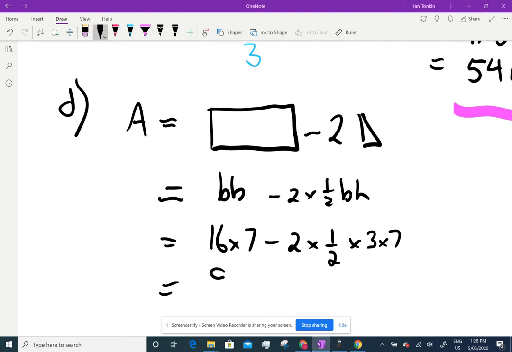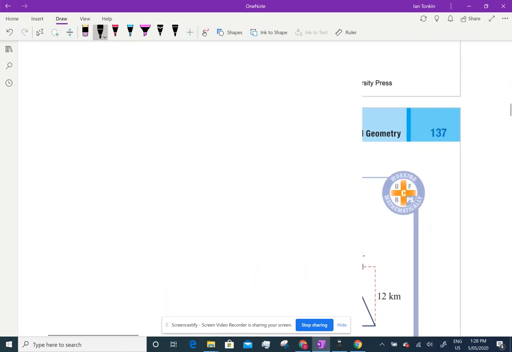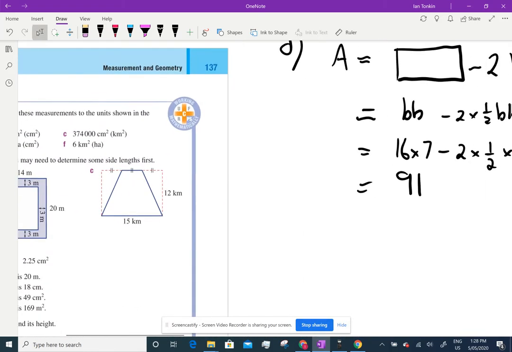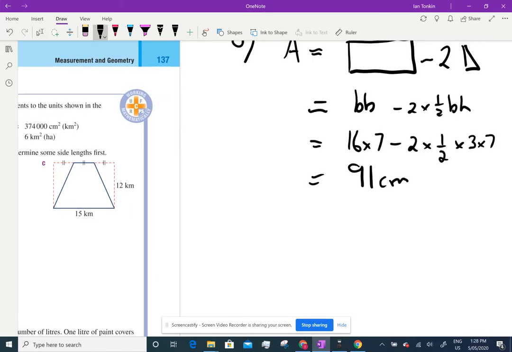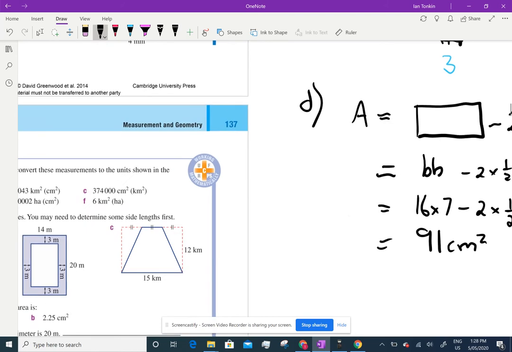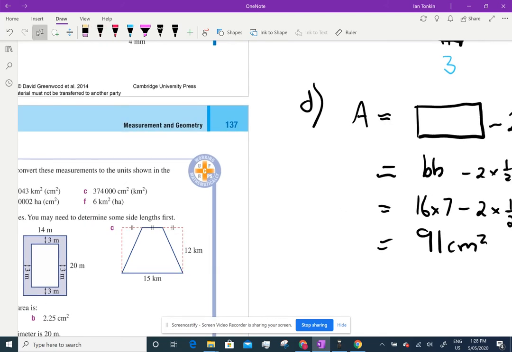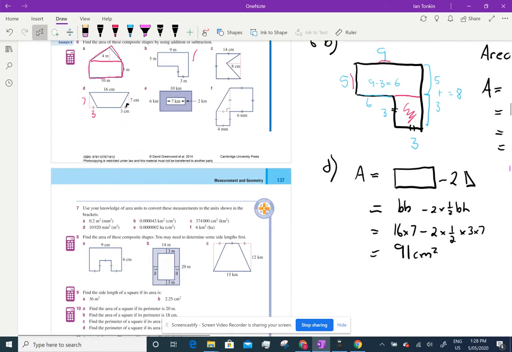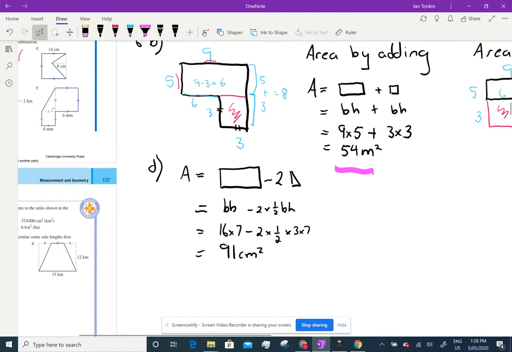91. 91. What units are we in? Centimetres. Centimetre squares. And that was D. And we're right. The last one, I want you to have a go at first, but I'm going to do